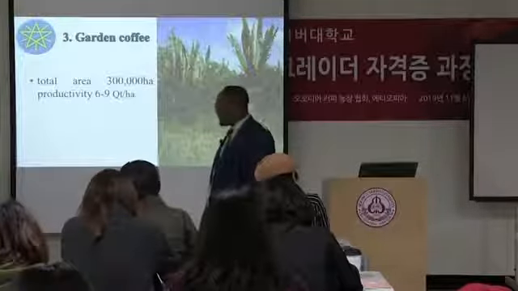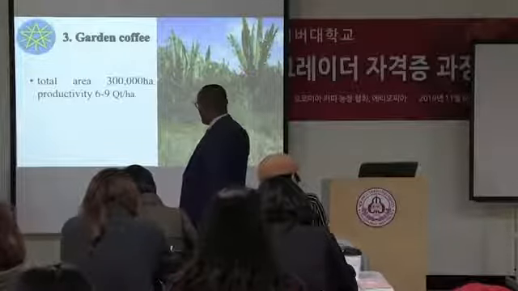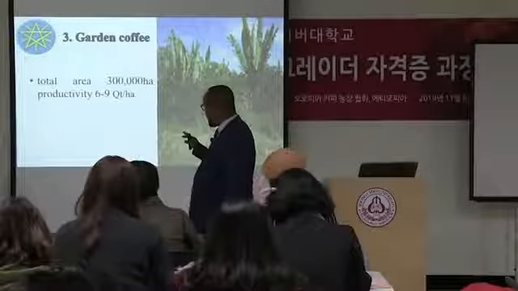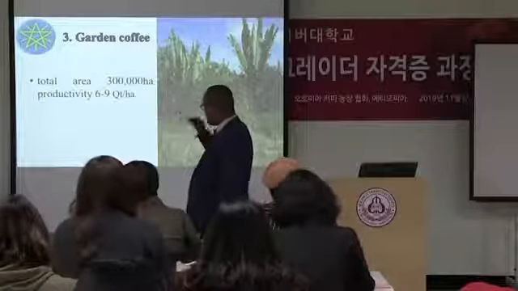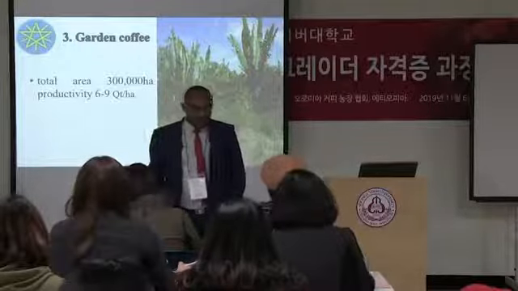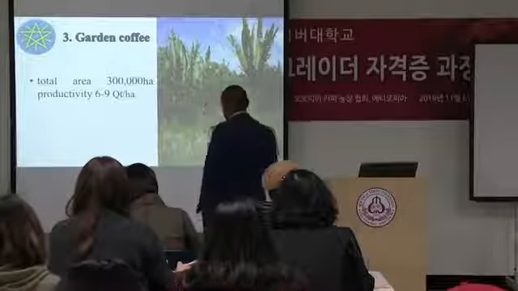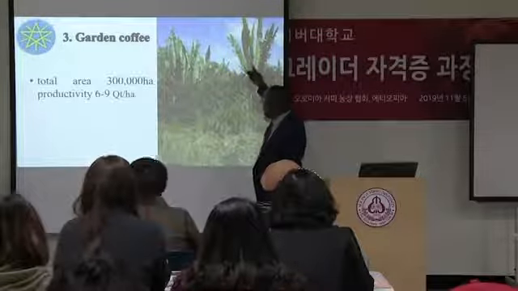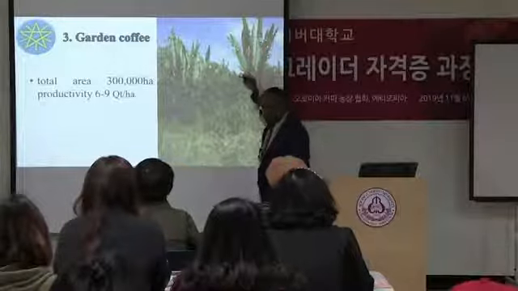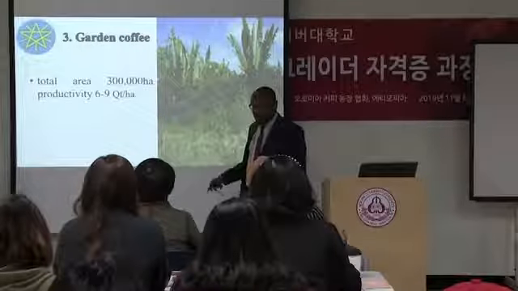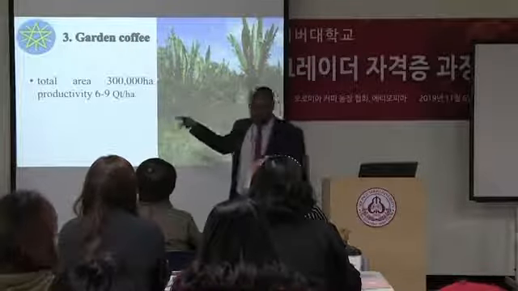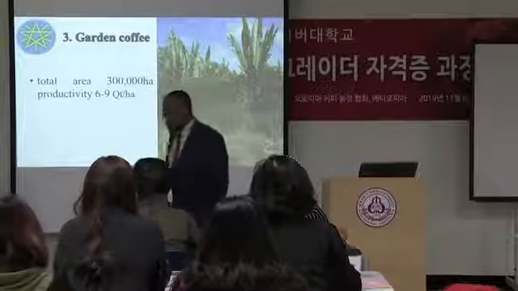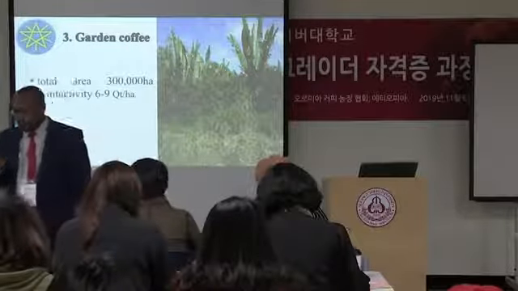The third one is garden coffee. The area coverage of garden coffee is 300,000 hectares. The productivity harvested from garden coffee is 6 to 9 quintal per hectare. As you can see, when we say garden coffee, there are different crops like insect. This is insect. It's common in our country. So the coffee is already planted with the insect. It's called intercropping. Anyways, the total area is 300,000 hectares and the productivity is 6 up to 9 quintal